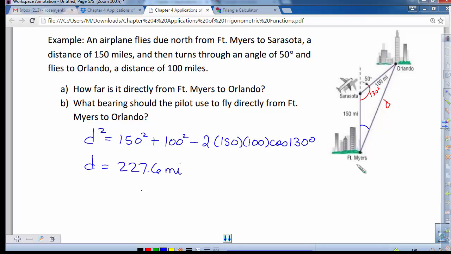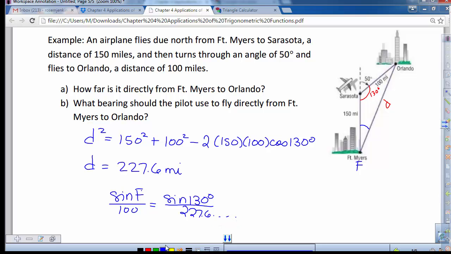We'll call it F for Fort Myers. And of course, we already have the length of the opposite side is 100. And then we have this pair with D that we just found and the angle 130 degrees. So I can use the law of sines here. And I'm going to say sine F over 100 is equal to sine 130 degrees over D, which was the 227.6,